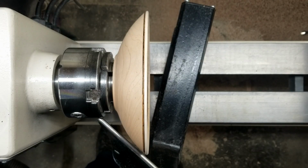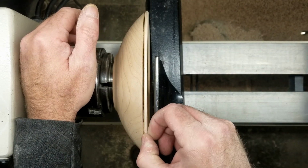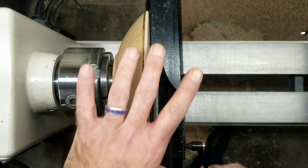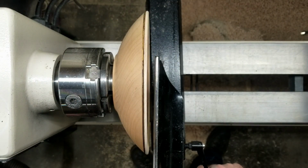Yeah, that's not doing what I want it to do. I think I'm going to take that off and start over again. It'll make us lose a little diameter, but